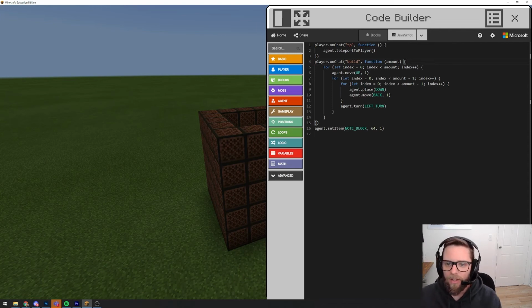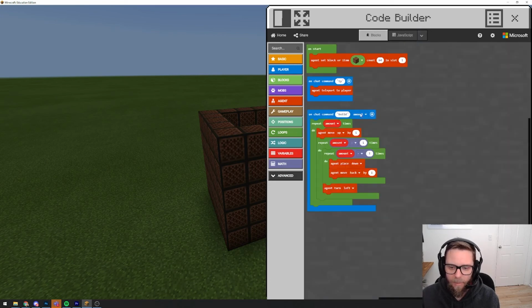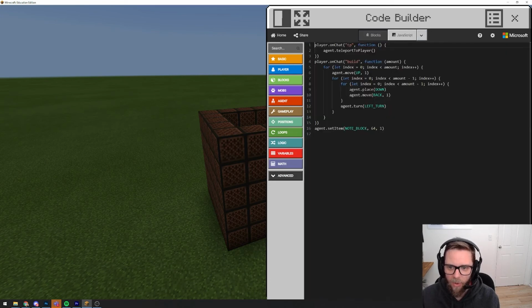So it'll happen for an amount. So it'll let this happen how many times? Well, I'm going to define an amount. This is the word that I typed here. Remember when I made up the name of that variable? In this case, it was called amount. So that's going to happen